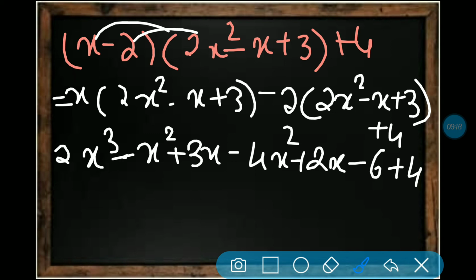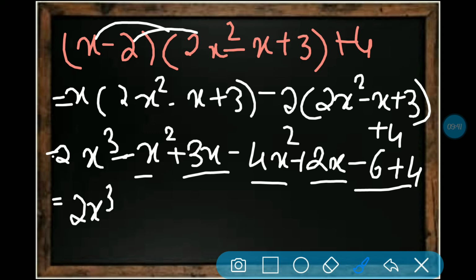Now let's check whether I have written this correctly or not. I am checking once again. Until then you can copy it. Now this is the second step. The third step is subtracting or adding the like terms. These are like terms, and x and x square are also like terms. So first, 2x cube you write as it is, because there is nothing for subtracting or adding it.